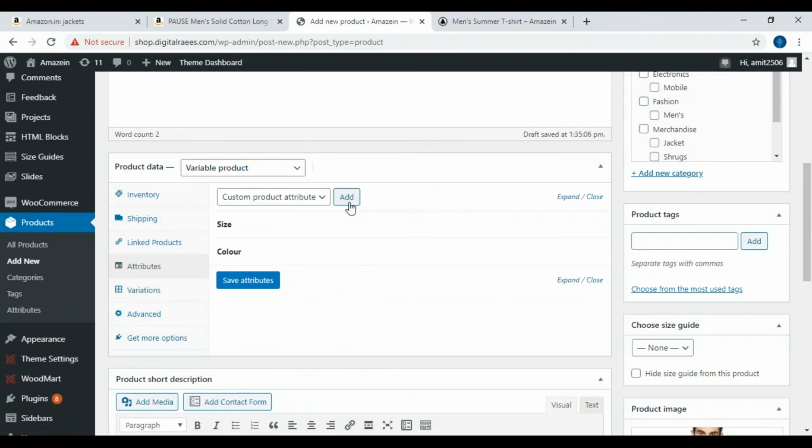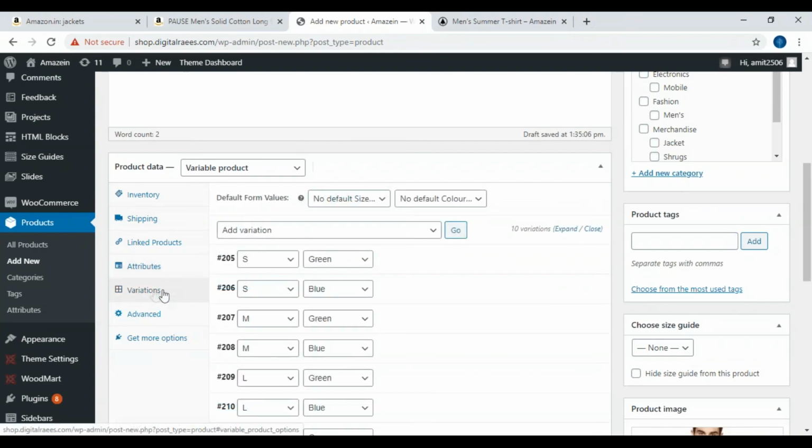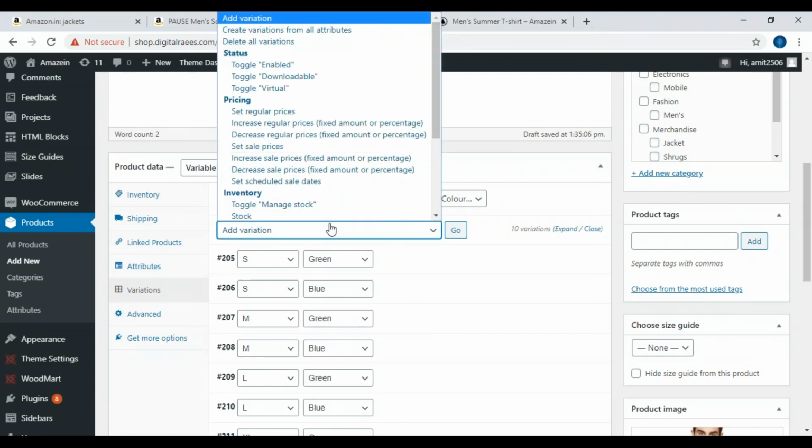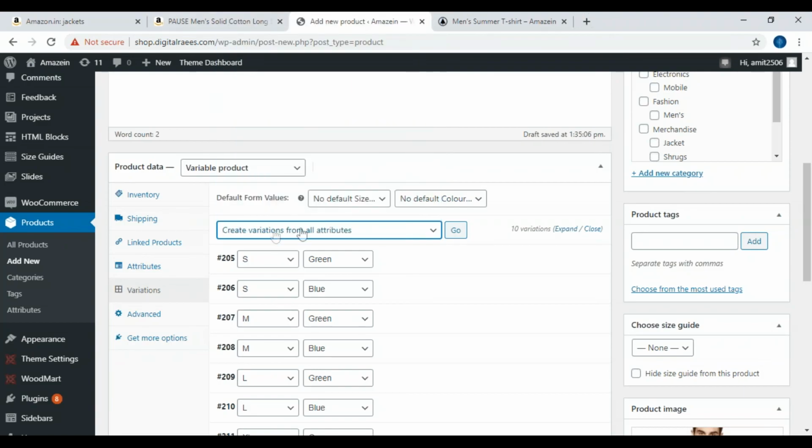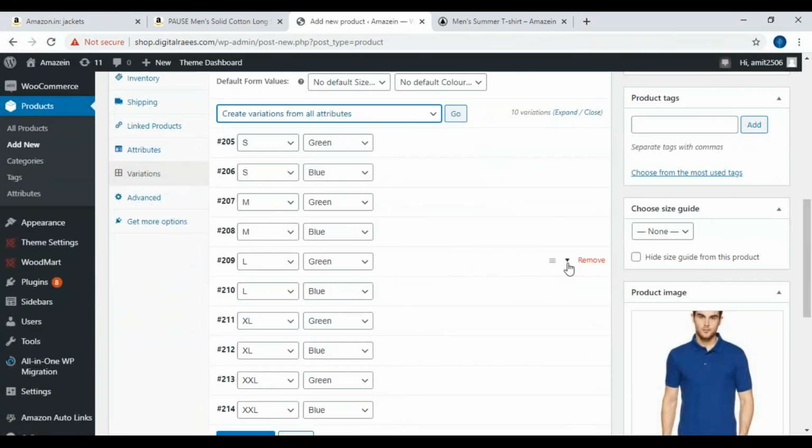So I have to add attributes. So I have added size and color. You can take 2 each for now. Once this is done, you have to go to variations, and in variation you are going to have a tab in here. So you have to create variation for all attributes, and then you have to click on go. Then it is going to create variations individual.